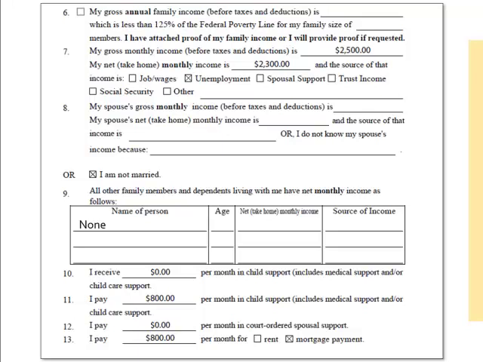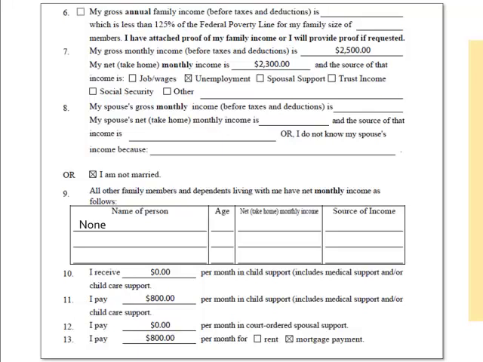financial circumstances. In our example, Fred does not receive any sort of public assistance. He is not being represented by an attorney for free, and his unemployment income is above 125% of the federal poverty guidelines for his household size. Since he does not qualify for the fee waiver for one of those reasons, he must fill out questions 7 through 16, and it will be up to the judicial officer to decide to waive all or part of the filing fees based on Fred's income, expenses, and debts. If you check the box for question 3, question 4, or question 6, you can skip questions 7 through 16.